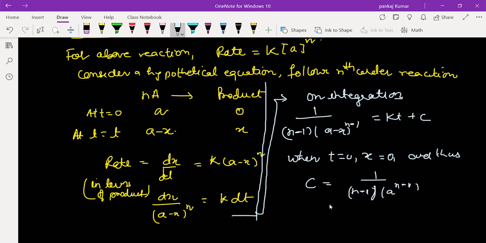You can see very clearly. Putting this value in the above equation,